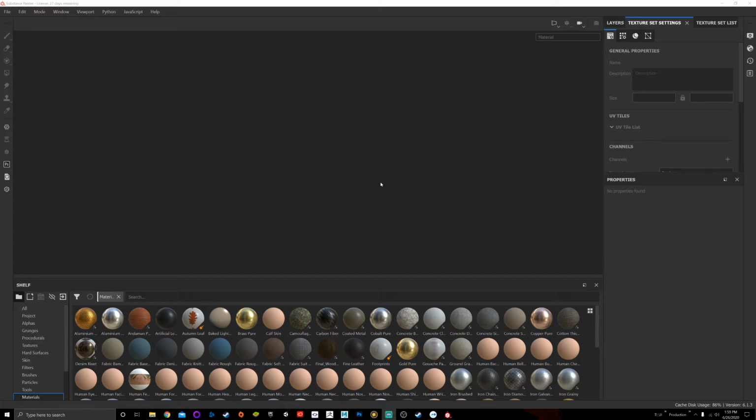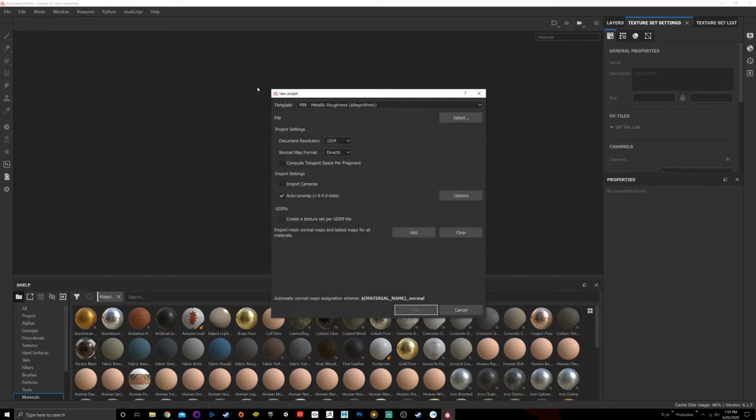Welcome back. Today we are going to talk about importing and baking an object. This should be the first couple things that you do before you actually start engaging with the object. So the first thing I'd like to do is come up to File, hit New, and that'll bring in the